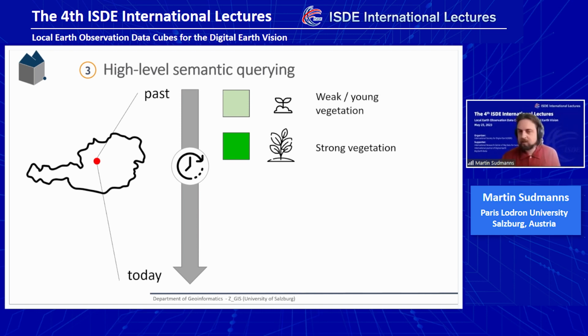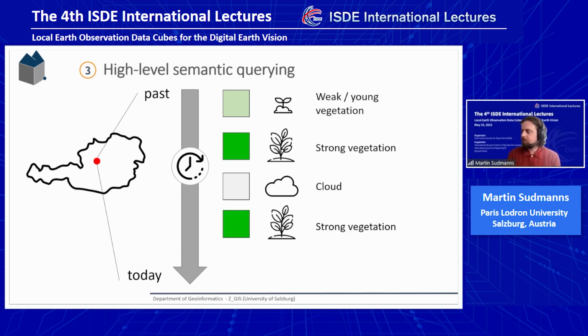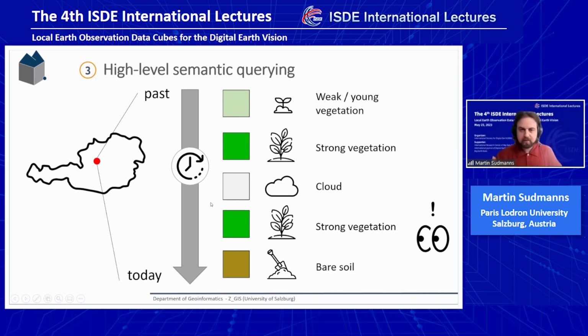The vegetation is growing, so that's fine. Then we may have an observation with cloud, but we can handle that because it's categorized in our data cube. We can remove the clouds if you want. The next observation may be still strong vegetation, which is also fine, but then maybe something happening, and we can then identify what's in there, or we can go the other way around and we can specify this pattern as, let's call it, a search pattern in the semantic model,